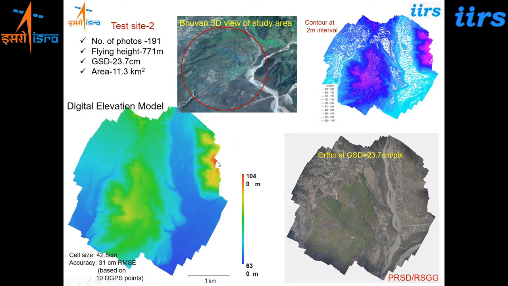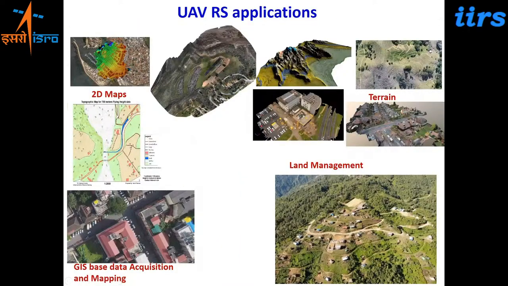So the UAV has a range of applications, we can say. It is used in variable applications ranging from 2D maps. It can be used in cadastral applications. It can be used for construction operations. So you have a range of applications where drones can be effectively used. The data can be easily integrated into a GIS-based platform. And with the other layers, you can do a lot of analysis with this.